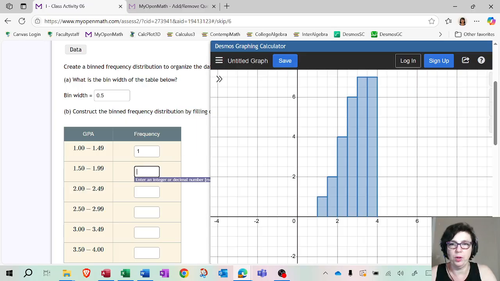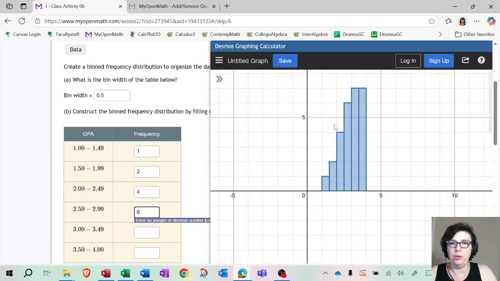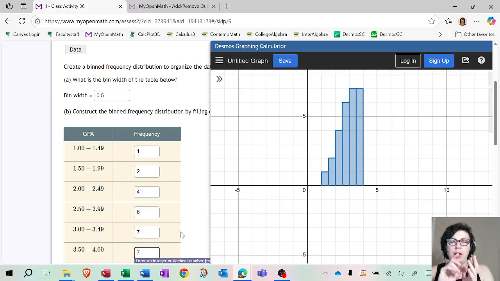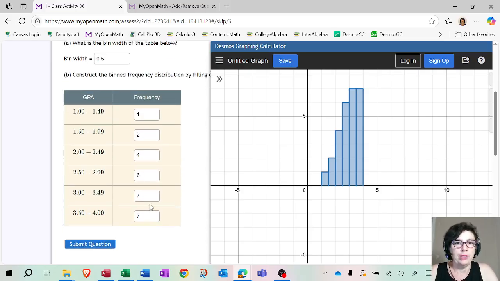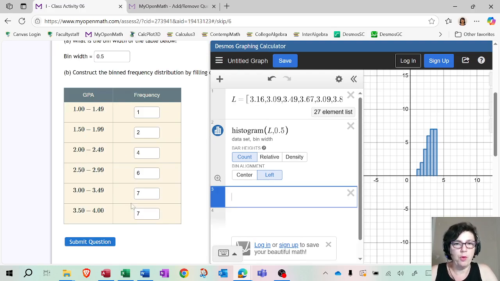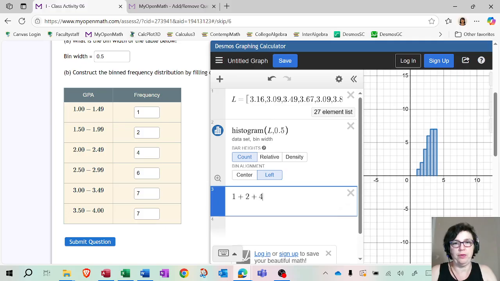So this looks like that's a 1. Next one is 2. Next one is 4. The next one is 6. And then looks like we got 6, 7, right? Two of them have 7. By the way, sometimes there's nothing. There are bars that are missing. In that case, you would just put 0 for the frequencies. Now, something you could figure out before you submit, just to make sure, because we got 27 observations. The sum of the frequencies should add up to 27, because if it's not, then that means we messed up. So I can see that it's 27, and that would be correct.